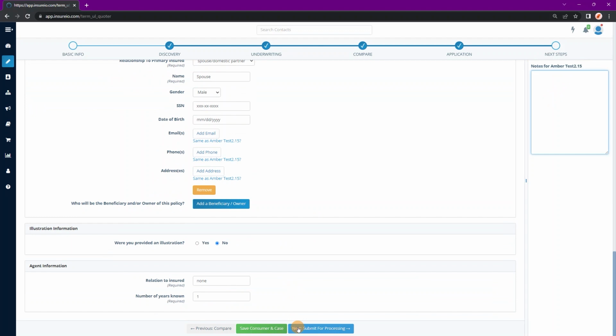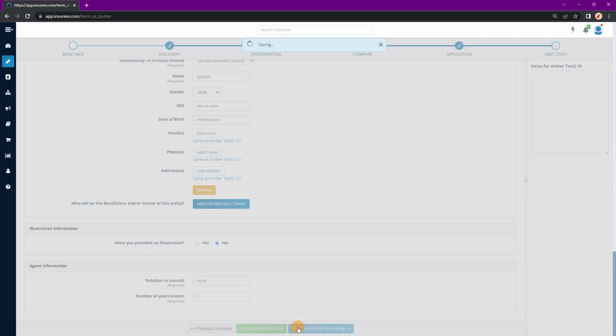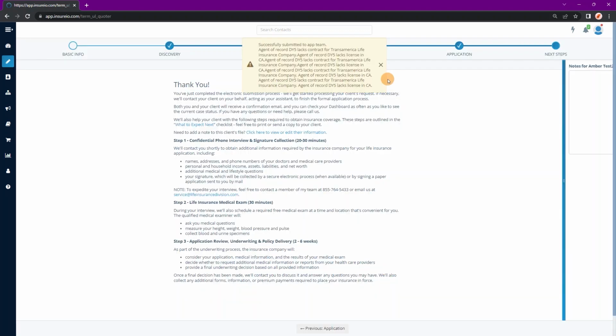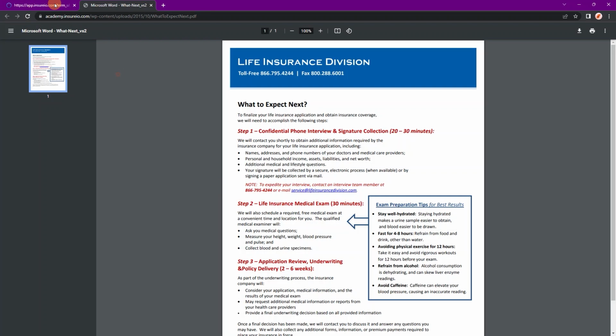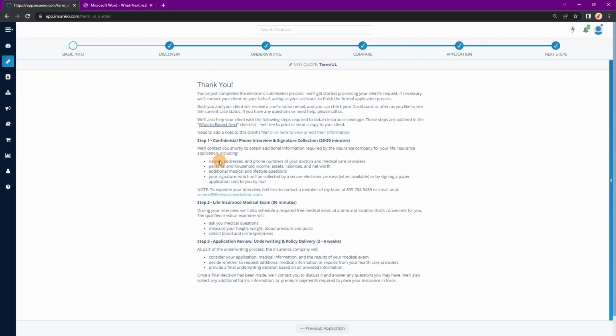It gives you a checklist of what to expect next for the client and tells you what our next steps are going to be if you're submitting it to the application team. If you want to open the file, there is an option here. Just click here to view and edit their information, and you'll see that it's now in a submit to app team status,